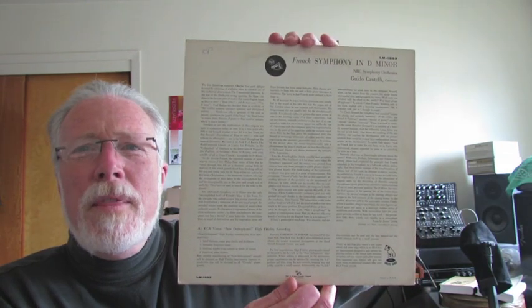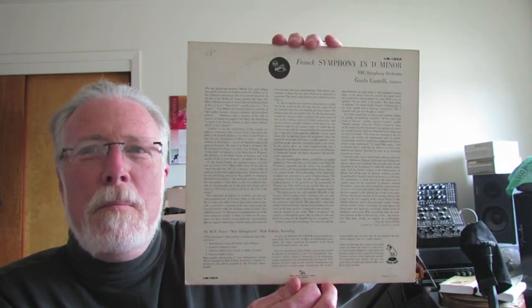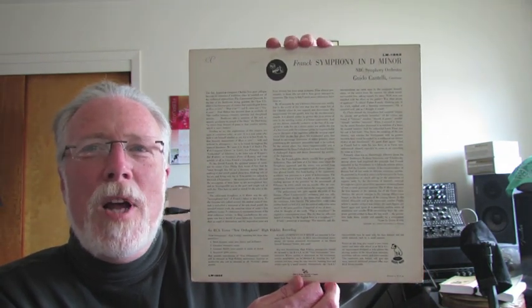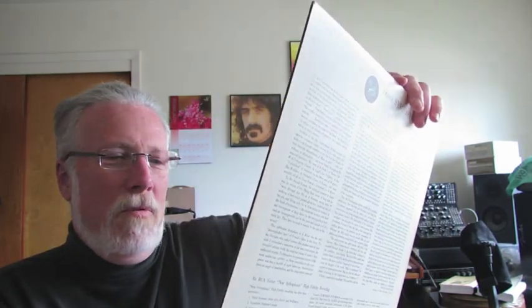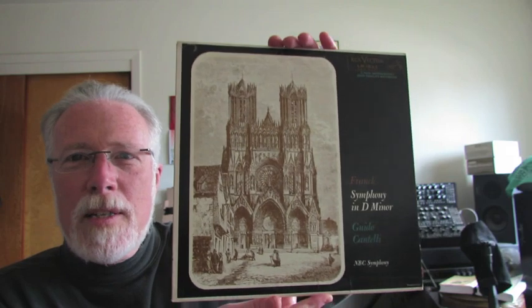Wonderful symphony, but one that just hasn't really stuck with me, and I'm spending some time trying to come to grips with it. This is a really nice performance. Guido Cantelli. I like the recording. This copy of the record, old RCA label,